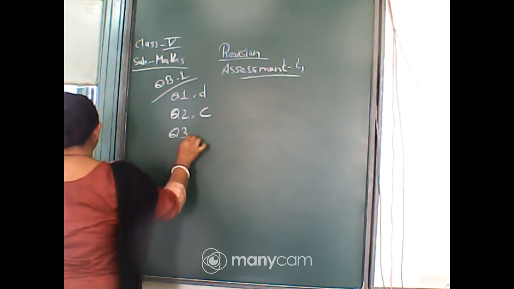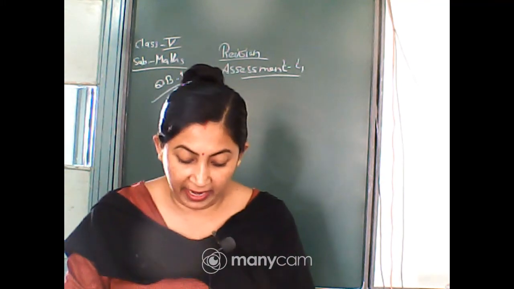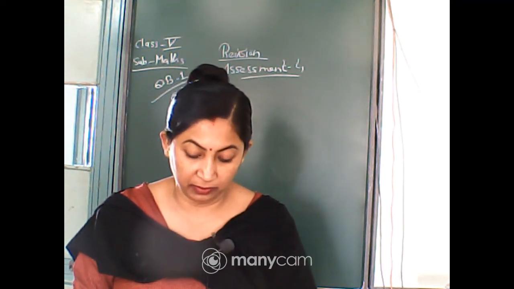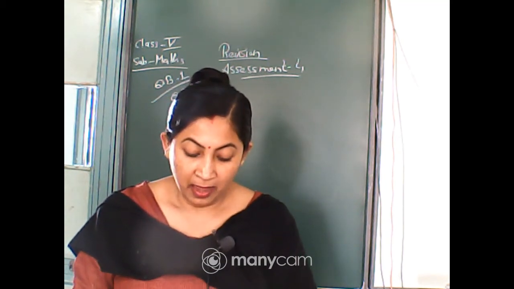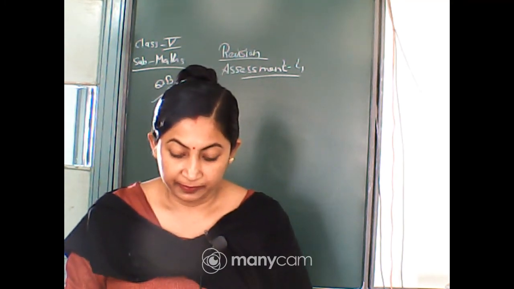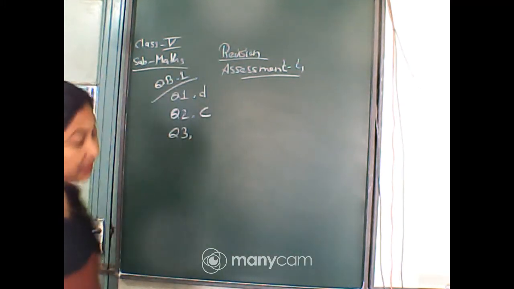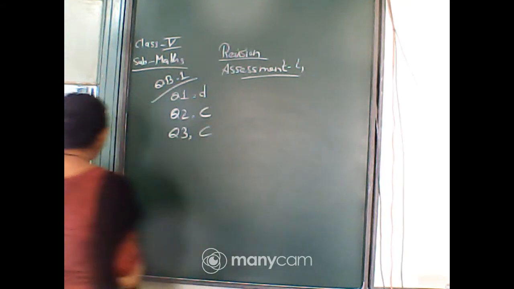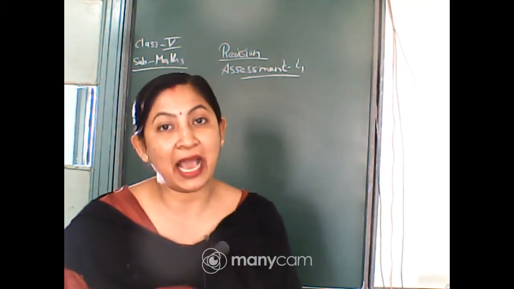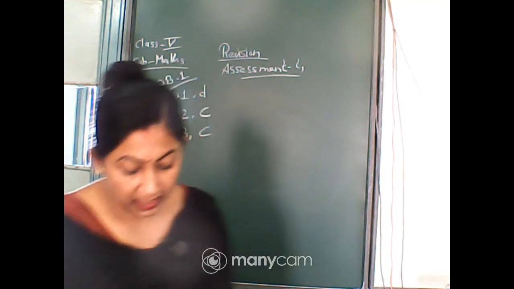Now quickly calculate question number 3. Number 3, 100 divided by 10 plus 10 into 10. First of all division, then multiplication, then addition. Quickly. 100 divided by 10 is 10, and that side 10 into 10 is 100. Exactly, it is number C. Very good. It is number C, that is 110, because 10 into 10 is 100, and that side you are getting 100 divided by 10 as 10. So the answer will be 110, that is option number C.